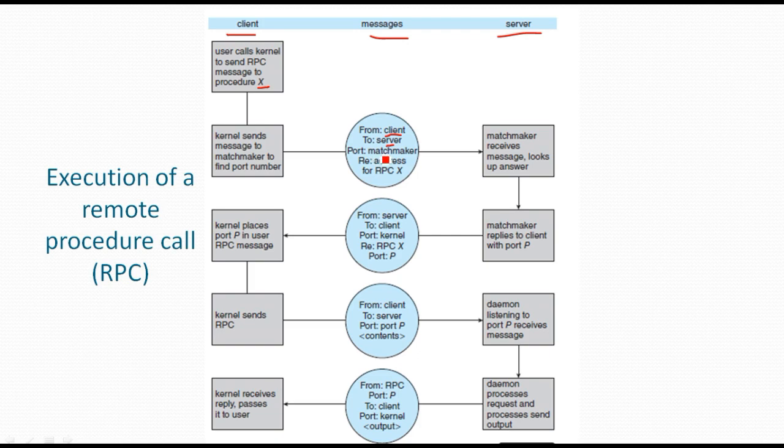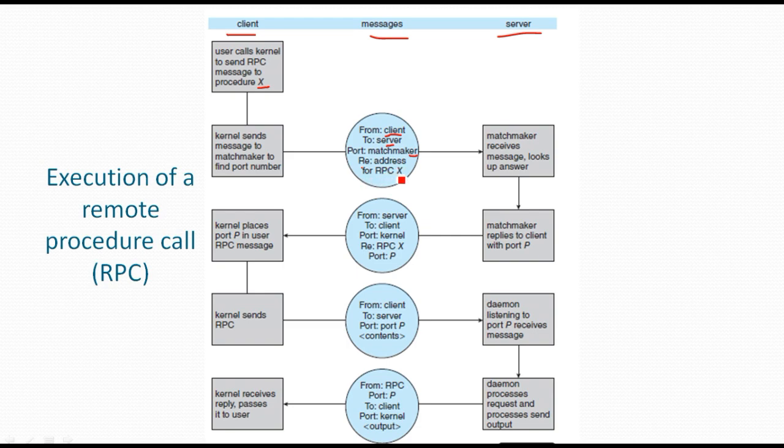So the matchmaker will find the port, fix the port, and send it back to the client. Here the reference is the address for RPC X, meaning the request is for the address of RPC X.